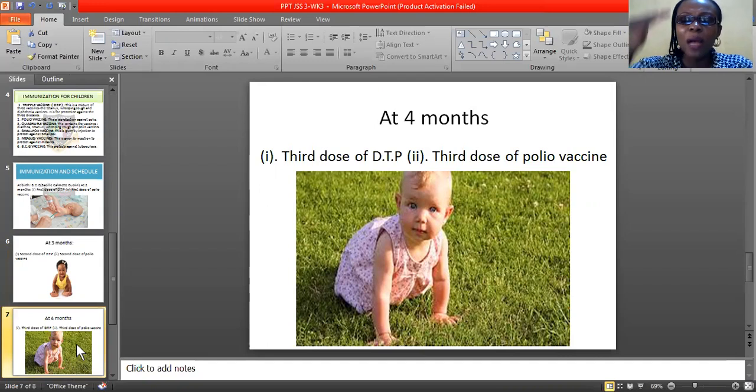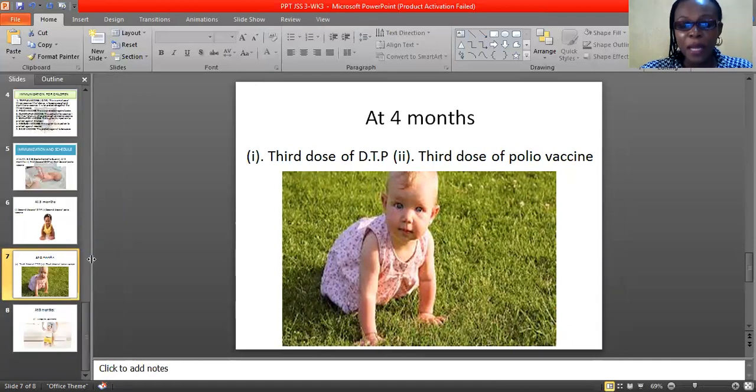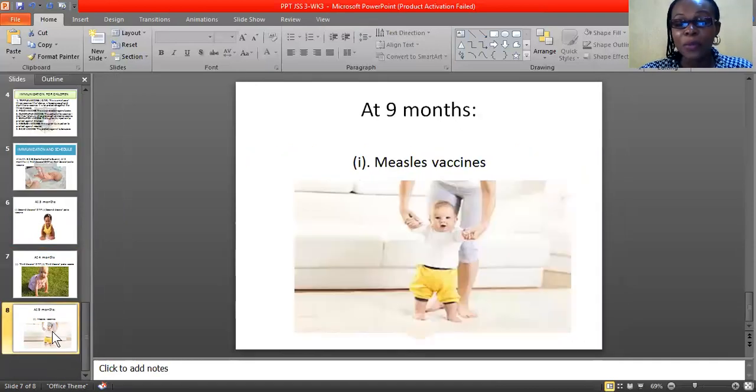The quantity it took at the first month is lesser than the quantity it will take at the 2nd month. So the higher the child grows, the higher the vaccine it takes. Do you understand? And for all these vaccines, don't say, I don't have a chance for immunization, I cannot go. You owe your child immunization. It's very, very important because nothing must happen to that child. If anything should happen to that child, you will have yourself to be blamed. So nothing must happen to the child.